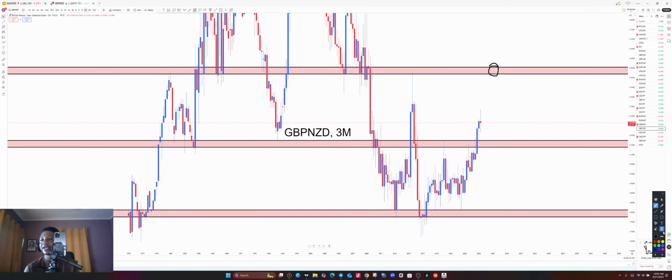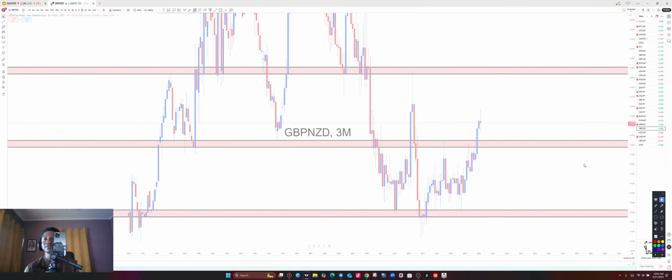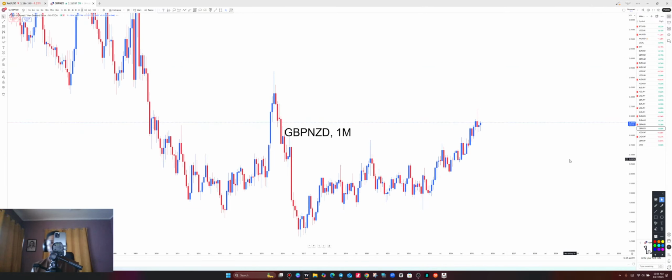All right, so we are going to take it again to the monthly time frame where we can add more meaning to this analysis. Now, this is also the monthly time frame of GBP NZD. What is happening on GBP NZD? On the monthly time frame, we have a monthly mid-range zone. Price has also given us a monthly push to the upside. Now, where is this monthly push going to end? It is going to end at the next monthly resistance level. So on the monthly, we're also getting clues that indeed we are moving to the upside.